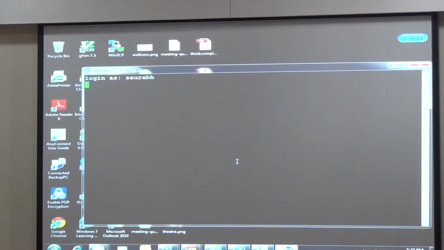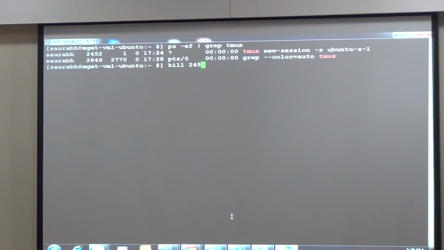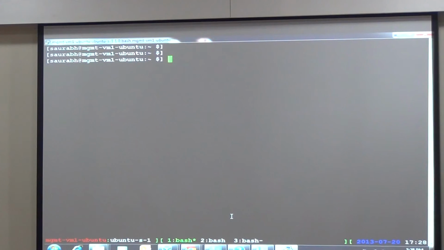Readable, right? Cool. Sometimes there's some DNS issue because I'm not connected to the network.